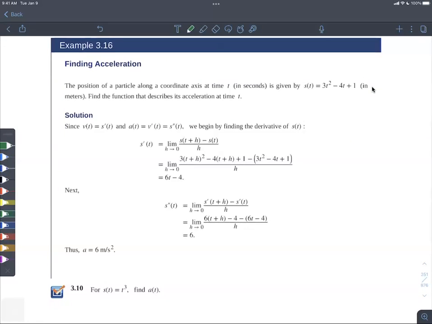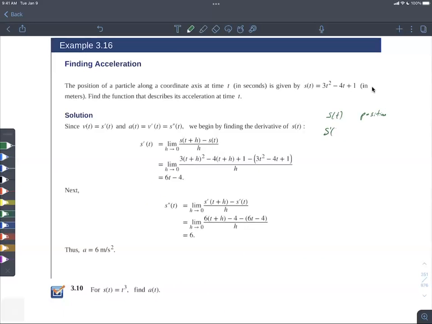Find the function that describes the acceleration at time t. And so the acceleration, as was mentioned in one of the paragraphs a few moments ago, is the second derivative of the position function. So if you were to take your function s of t, and this is a position function,